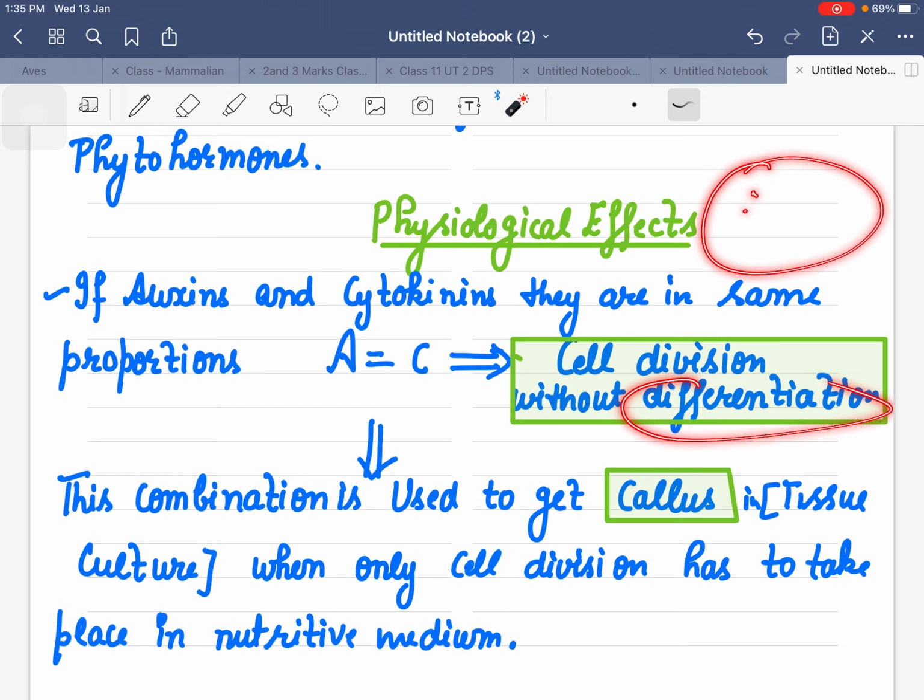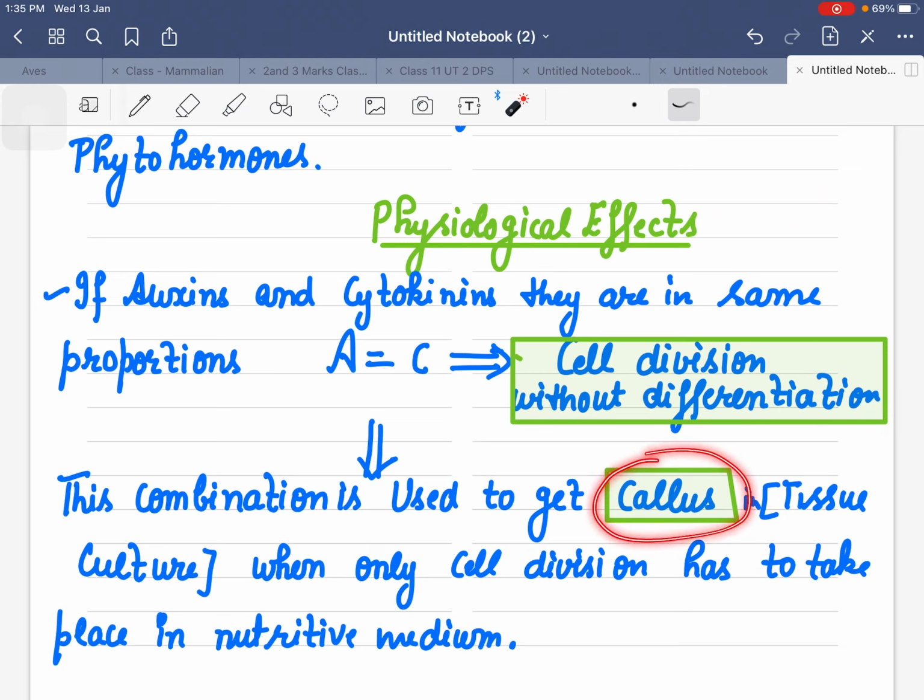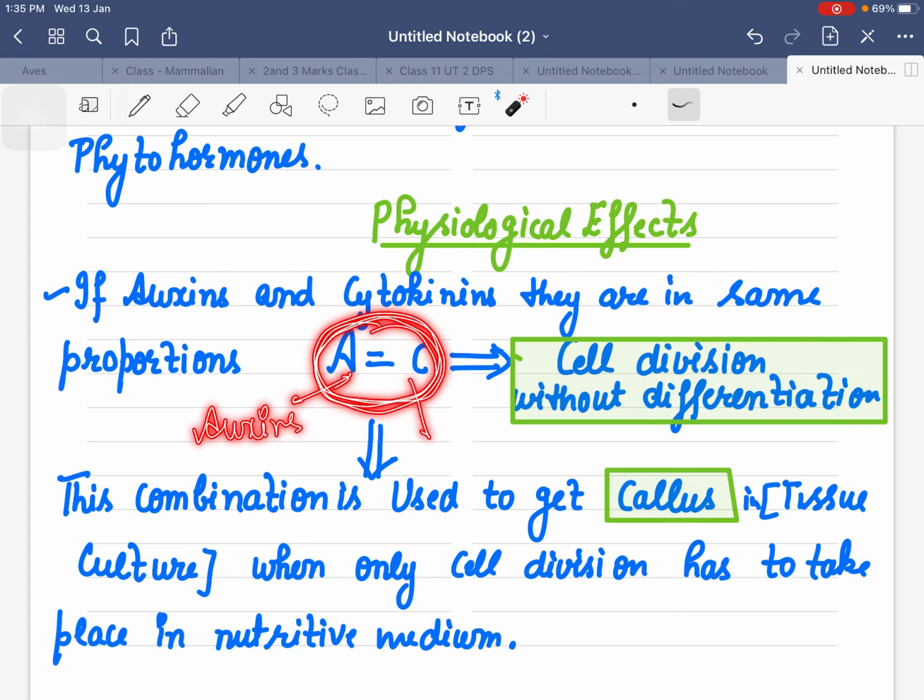ऐसा नहीं होगा कि इस सेल के अंदर से रूट्स निकलने लग जाएंगी. No, first there will be lot of number of cells. So this group of cells is called callus, and this is very commonly used in tissue culture, only when cell division happens. So then we use equal concentration, equal amount of our auxin, A for auxin and C for